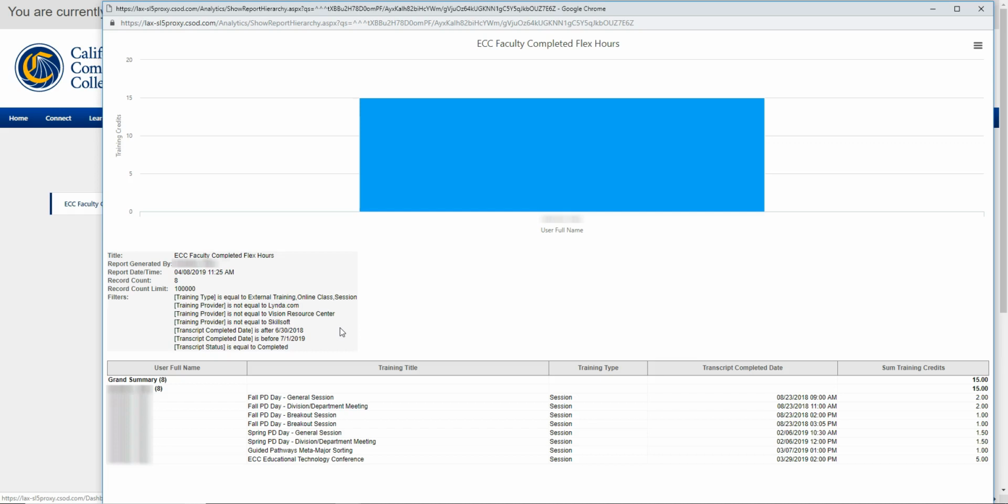Okay, please go through this chart and make sure that everything's there. Your data from PD Reporter should have gotten transferred into Cornerstone already. So if you know that there are activities that you did earlier in the academic year that aren't showing up on this report, please email prodev@elcamino.edu.